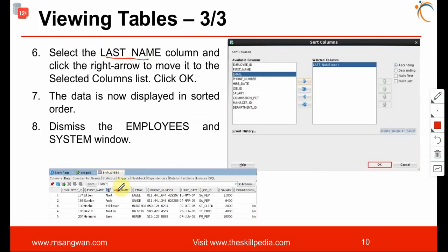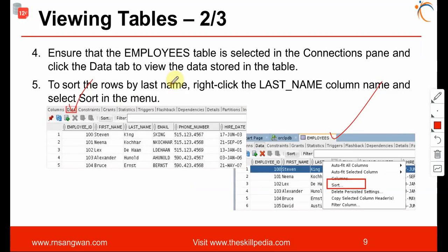Right click on the column title, and then click on sort. Alright, click on the column name and click on the right arrow to move it to the selected column list. Click OK. This is for sorting, to sort the data.